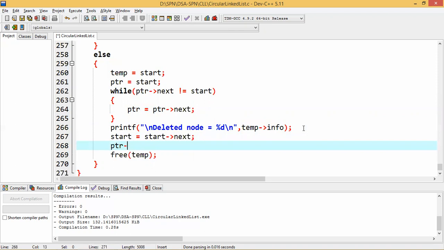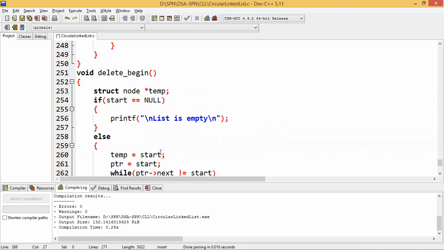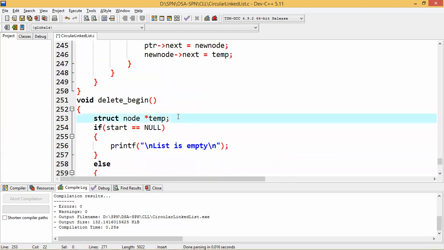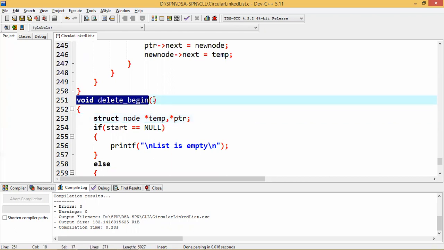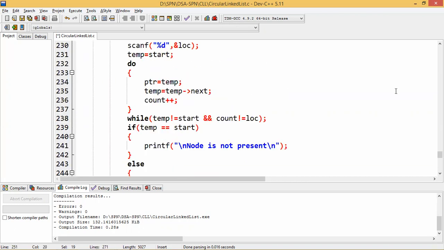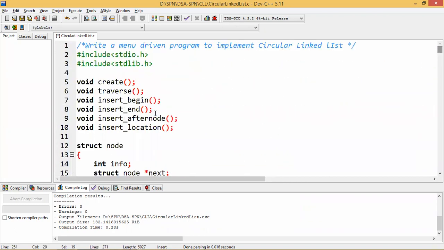After that, to which node start is pointing, the next of ptr will point to that one. That means start is currently pointing to the second node of the list. Now ptr next, meaning the last node's next, is also pointing to the currently starting node, the second node. Okay, and then free temp. I am removing the first node. That means I am also taking the help of another pointer variable, that is ptr. Okay, so only that particular loop I need to add in single linked list so that it will become circular linked list.